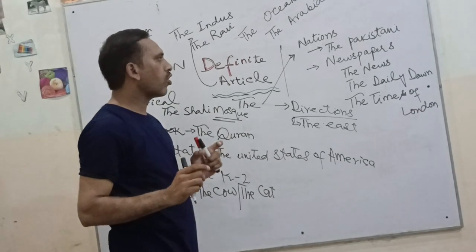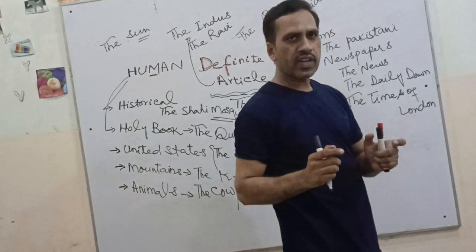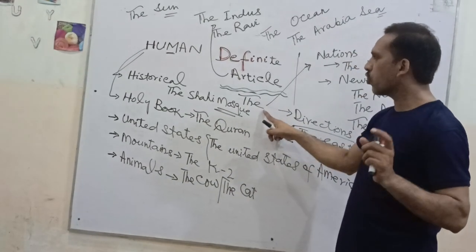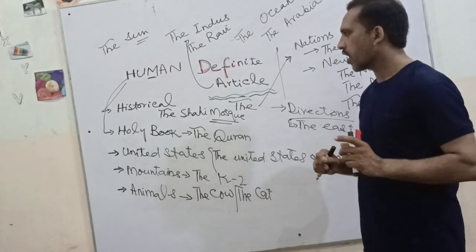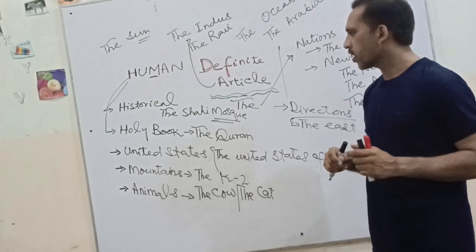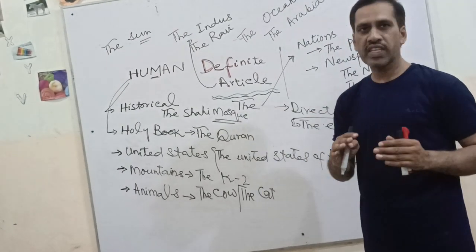So the summary of the definite article is that "the" is the only definite article, and "the" is used with specific nouns, and "the" has different